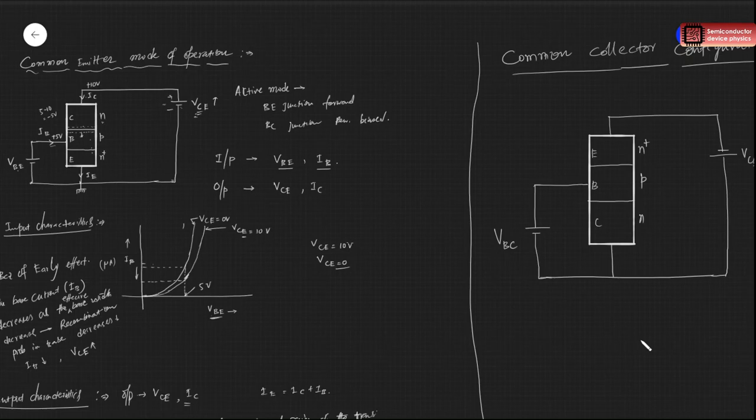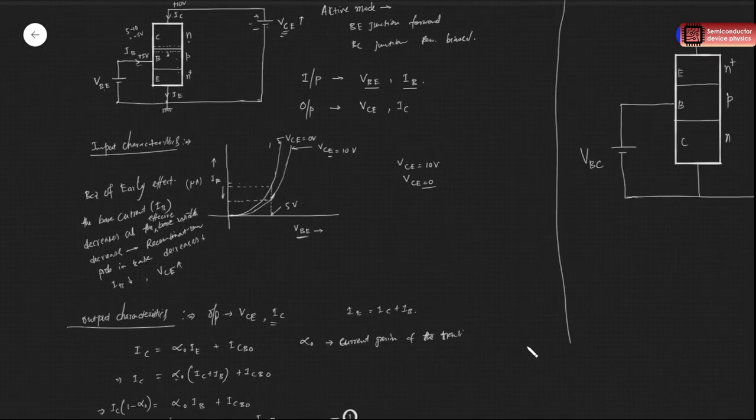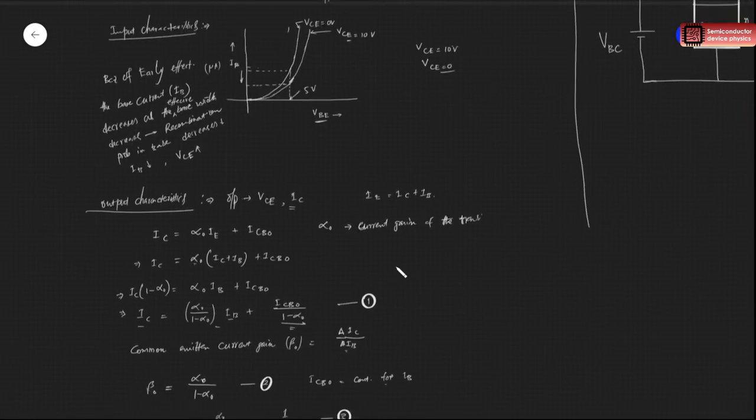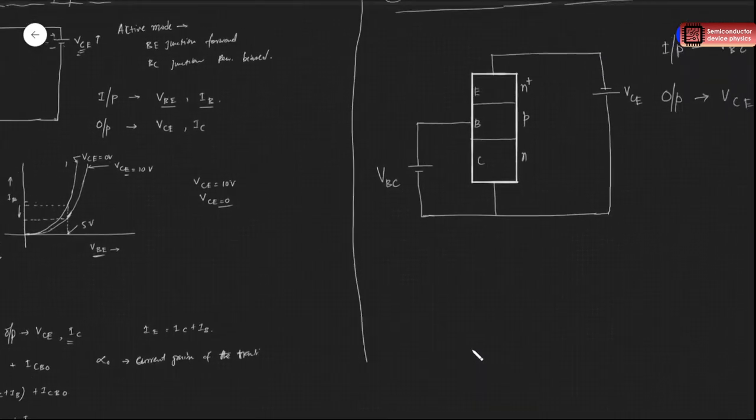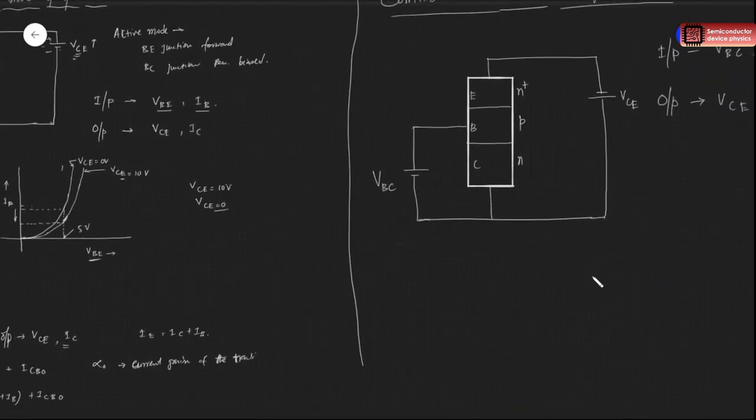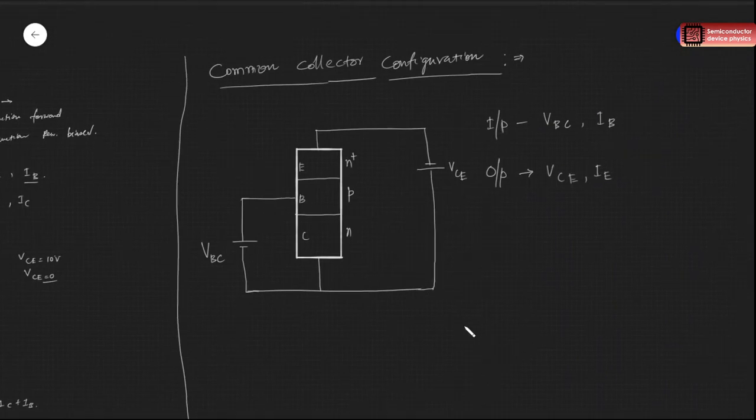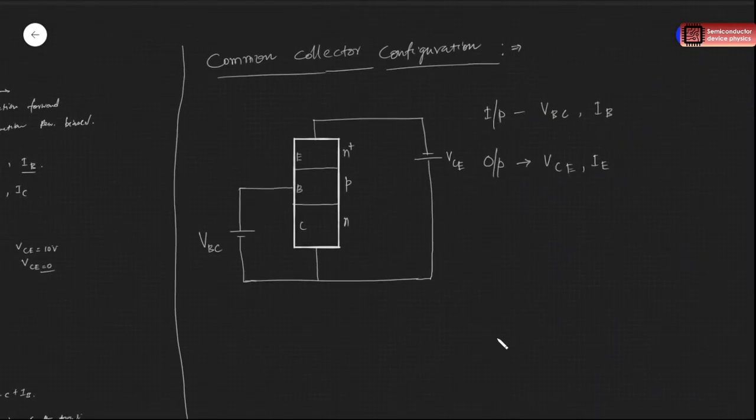And if you see the output characteristics now, where we defined beta 0, the common emitter current gain, in this case we'll have a common collector current gain, right? So we'll see how the common collector current gain varies, and then we can conclude this configuration, right? So for this configuration,